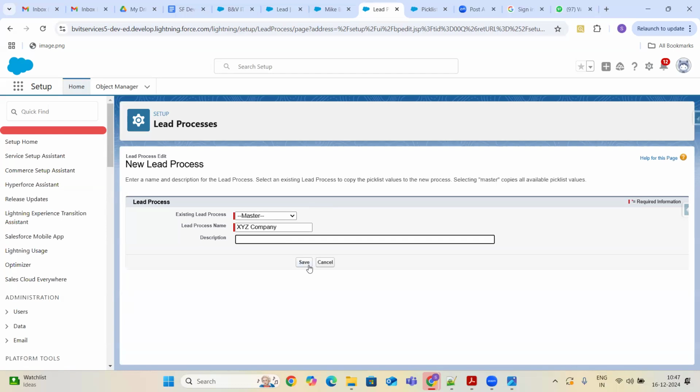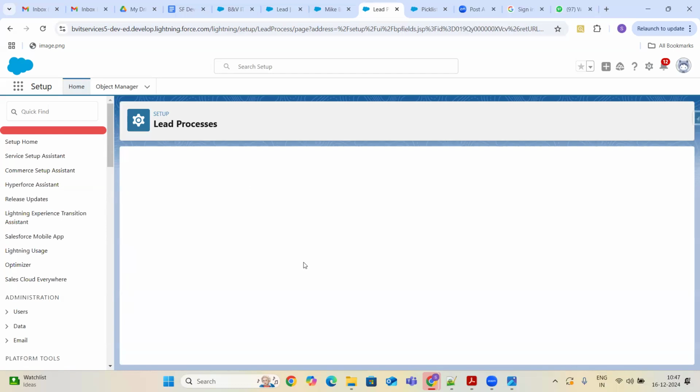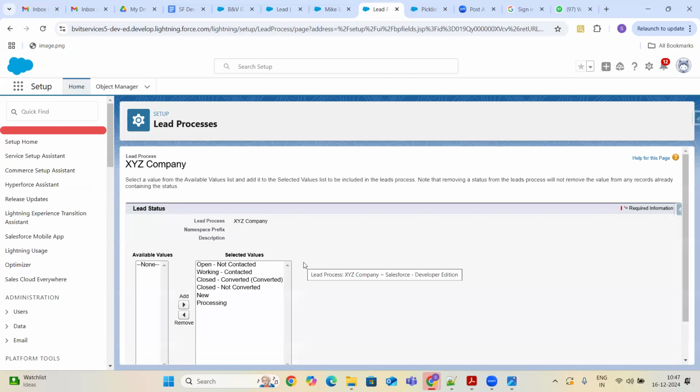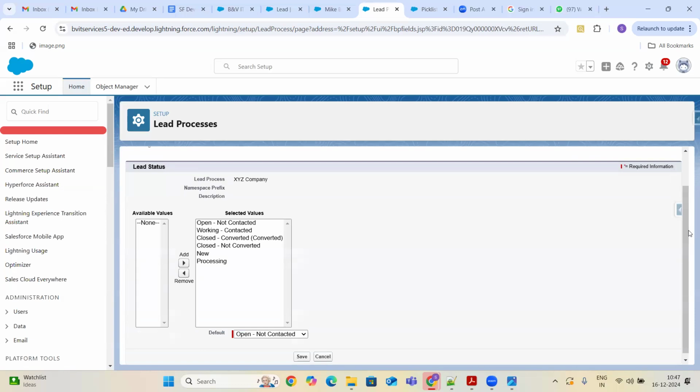And make sure, guys, today's assignment is going to be on the lead process. So observe it clearly. In case you are not able to understand, please stop me and I'll explain one more time. I'm going to make it all 6 values, and make new the default one.